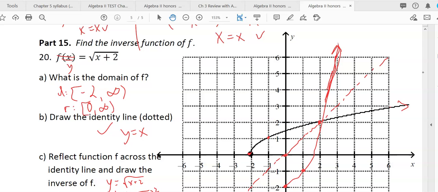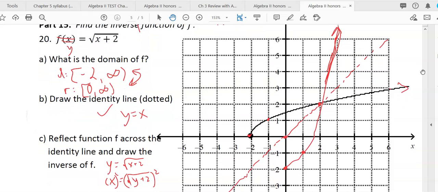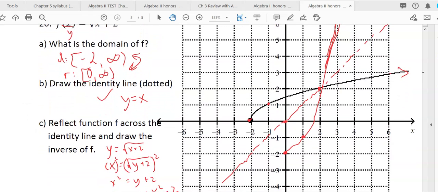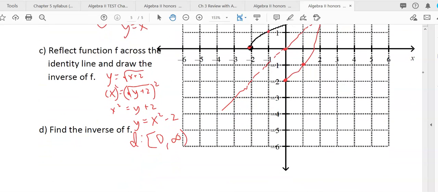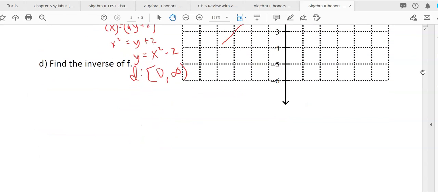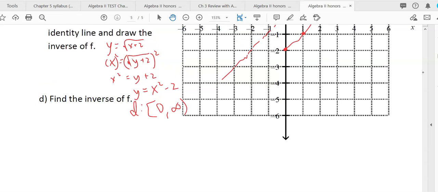So what happens with inverse functions? The domain and range switch. If the domain was that, the range is that. On this new function, the range of the original has become the domain because it's an inverse. And the domain has become the range, so the range should be from -2 to infinity, just like the domain was on the other one. And I think that's the end of the